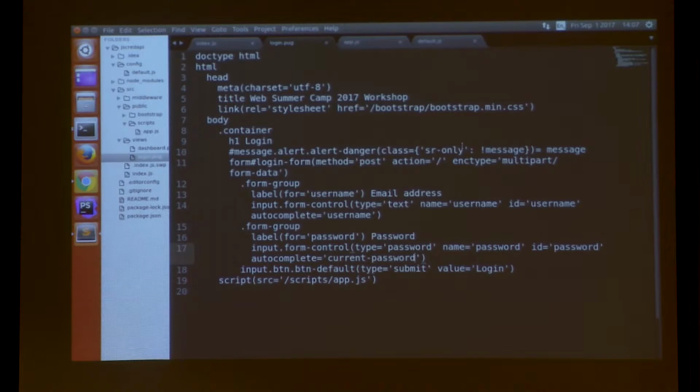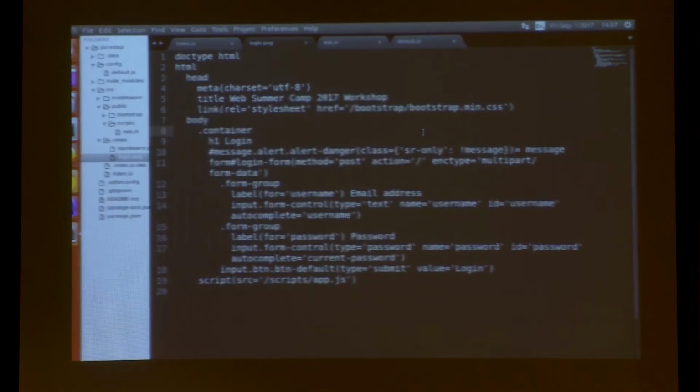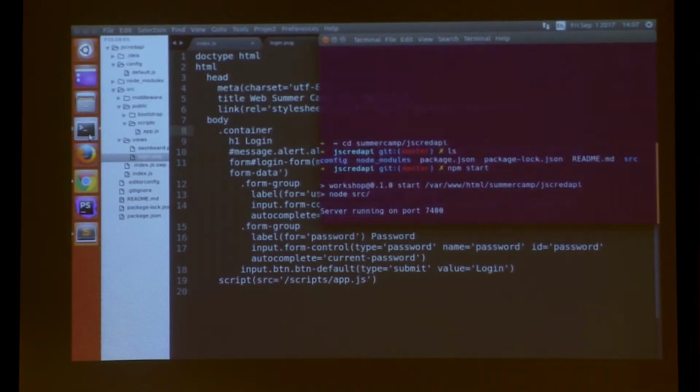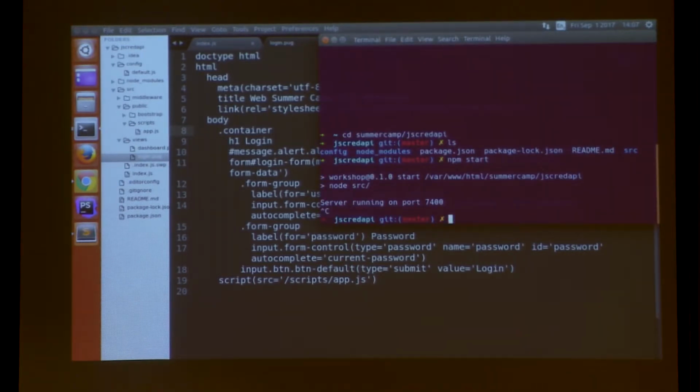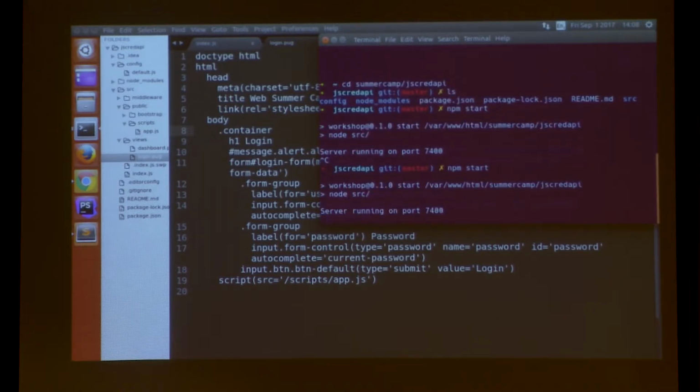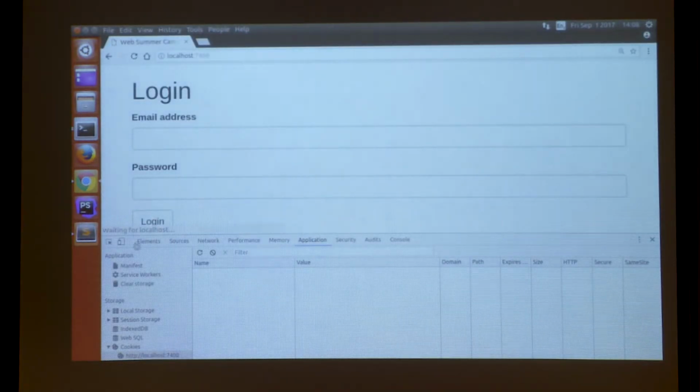And if we save that, unfortunately, we have to restart the server because I was silly and didn't put something like nodemon in there to do that for you. But if you restart that server and reload the page,